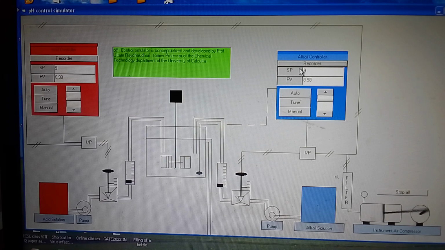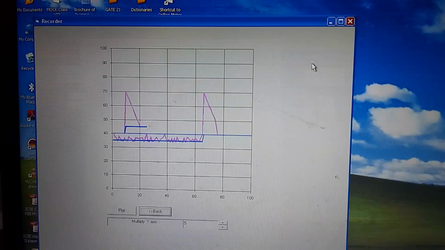There is a wide fluctuation between 6 and 9. We can make it 6, as we want to make it acidic. Alkaline is 9 and now it is acidic. So 6 to 9 we will try. So it is exactly 6. You can see now the plot